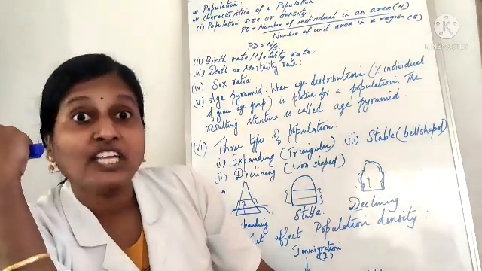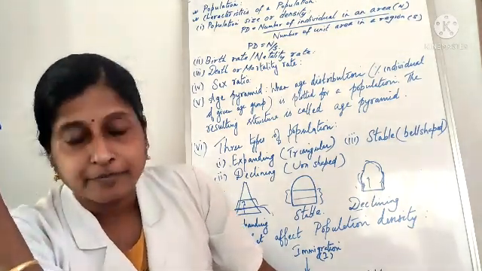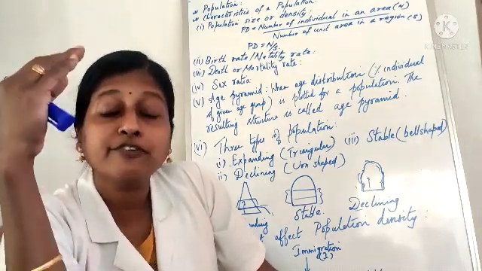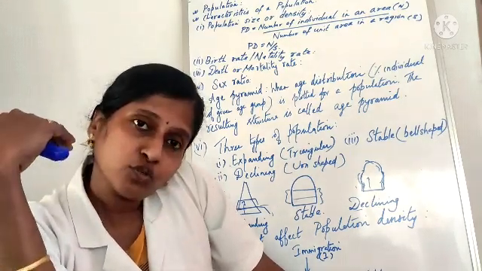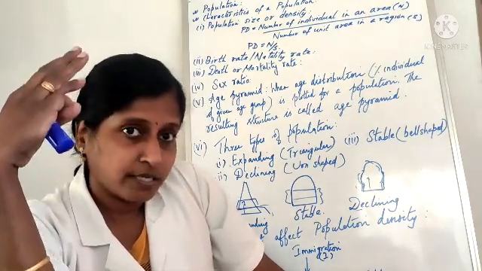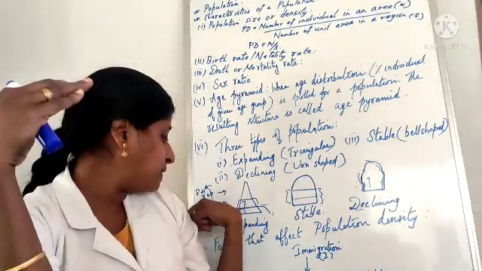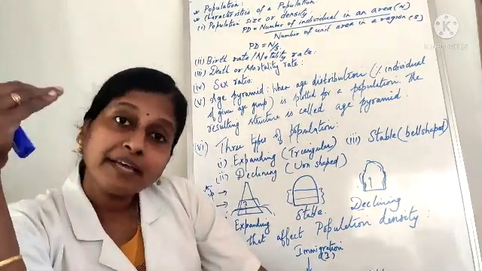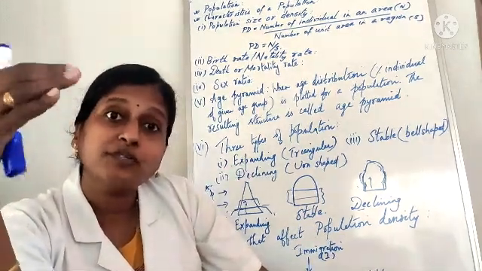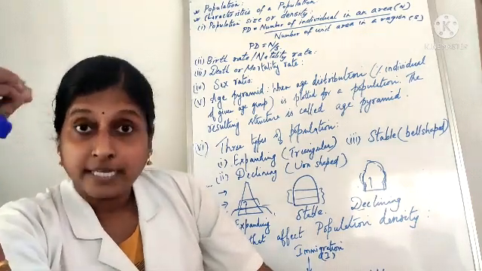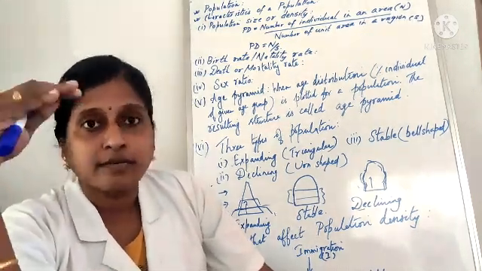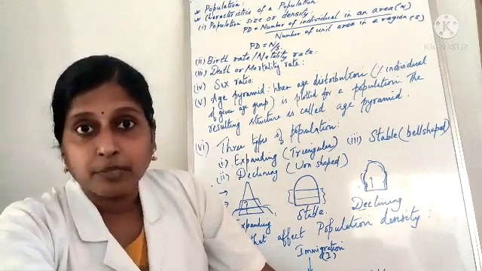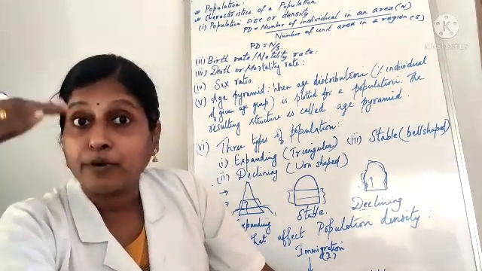Next, moving on to your age pyramid. So what is an age pyramid? The individuals in a population can be categorized into different age groups. What do you mean by age groups? You know, 3 age groups are there. One is your pre-reproductive group, second one is your reproductive group, and the other one is your post-reproductive group. What do you mean by pre-reproductive group? Pre-reproductive groups are the children, the infants, kids, those who have not reached maturity and cannot reproduce. Okay, sex organs are not well developed. So those come under the pre-reproductive group.